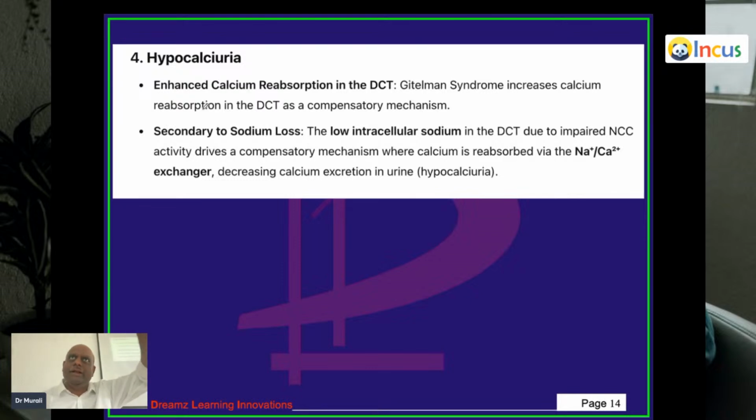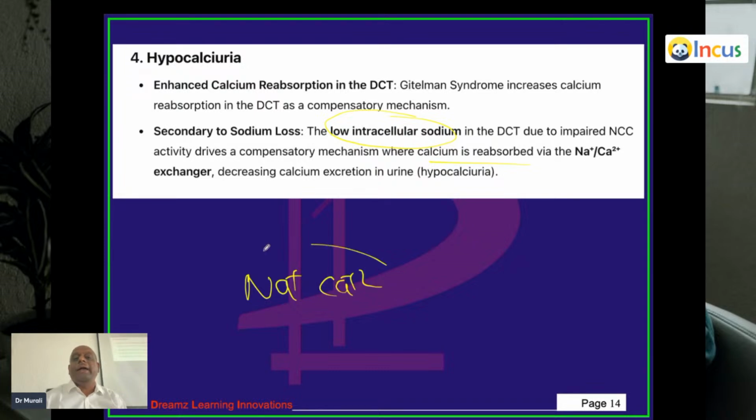That is inhibited, not functioning in Gitelman. So that low intracellular sodium in the DCT will, as a compensatory mechanism, drive the calcium to get more reabsorbed with the